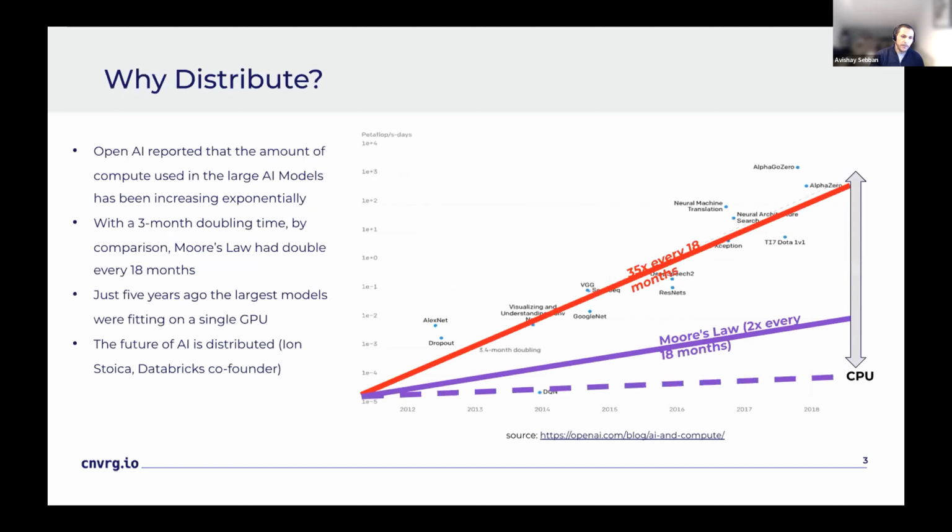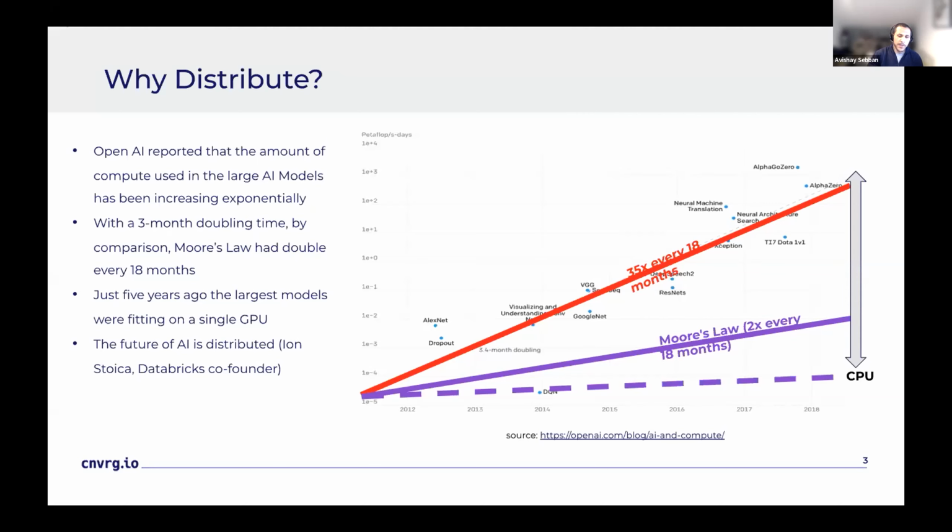So with a little bit of motivation, I want to start with the question: why do you think distributed computing is becoming more and more important? As you can see from this diagram, this is a couple of lines superimposed on a plot from an OpenAI blog post where they talk about the amount of compute required to achieve certain state of the art in machine learning. So everything from AlexNet back in the day to AlphaGo, and you could actually add GPT-3, Stable Diffusion, and some of the newer models to this plot.